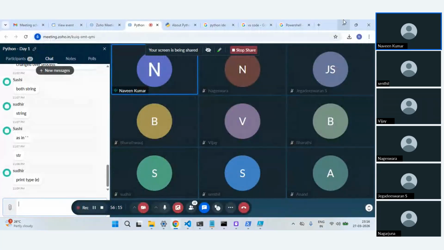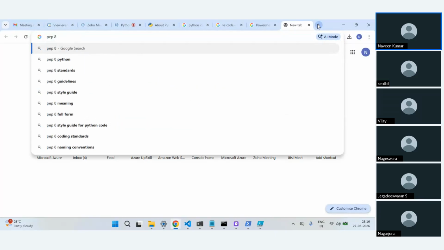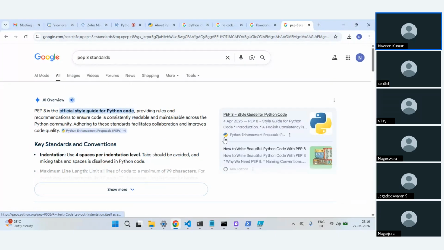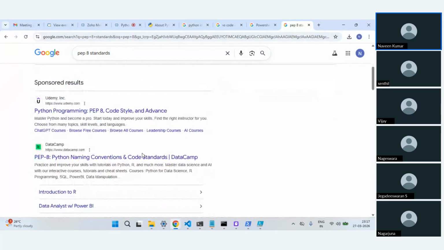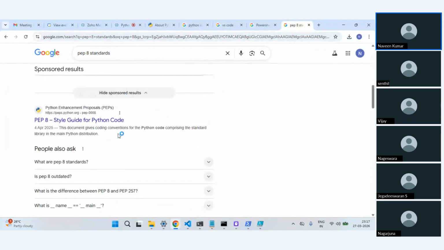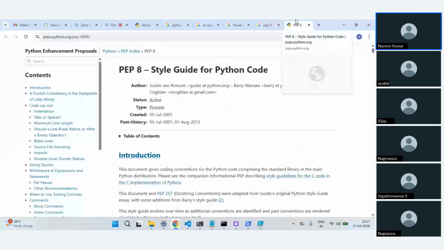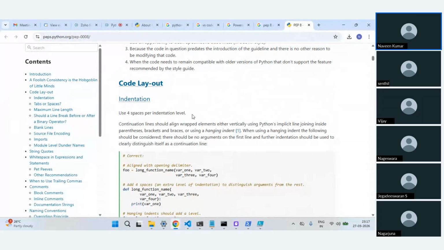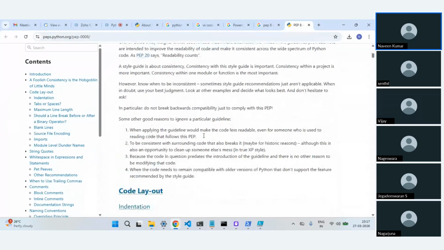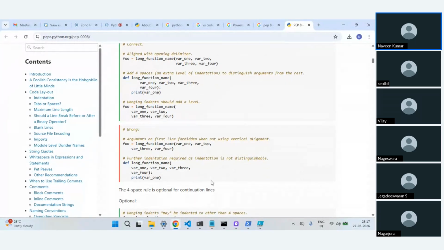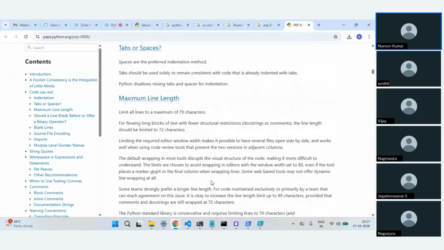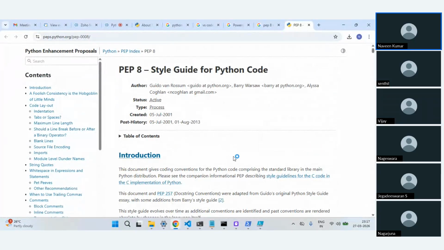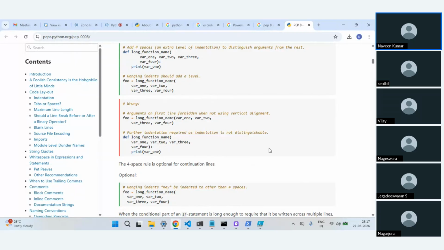I think there is something called PEP 8, the Python standards. These are some official coding standards from Python, which you can read. If you search for PEP 8 style guide for Python code, I don't want to show you right now, but you can read it at a later point. It might be too much, but if you want to make your code better and have proper standards, you can go through this one. This is very good, and they have officially documented it. So you can look at this.